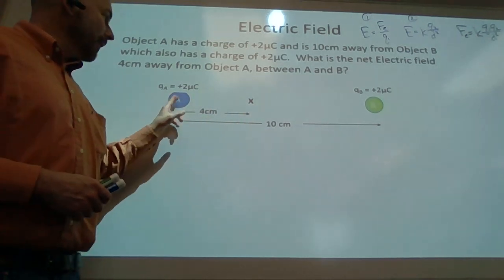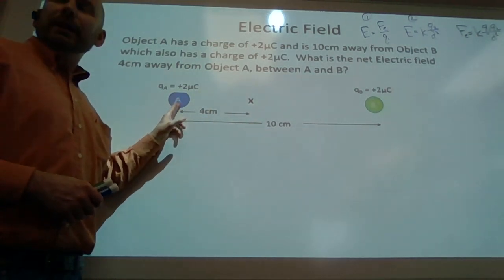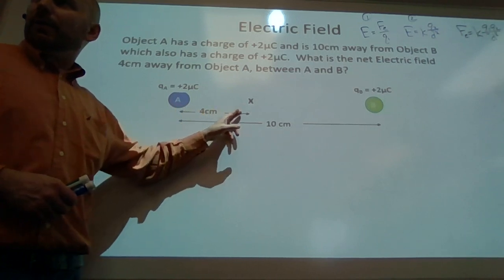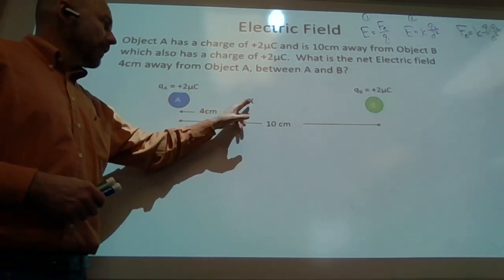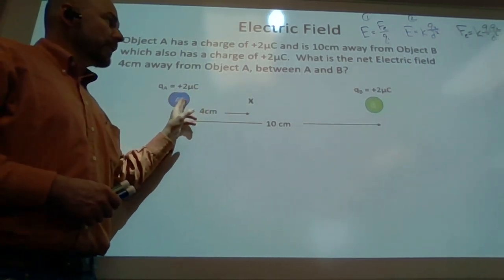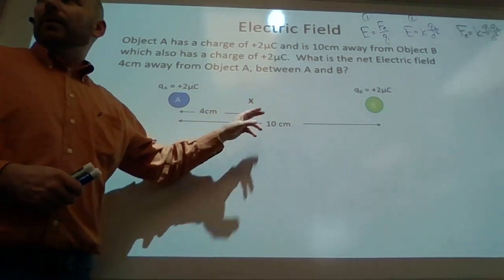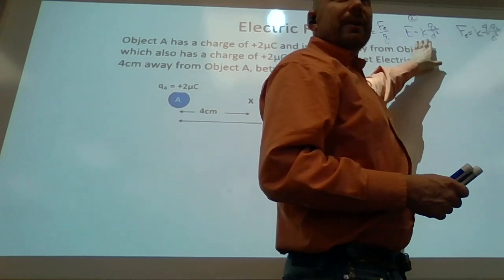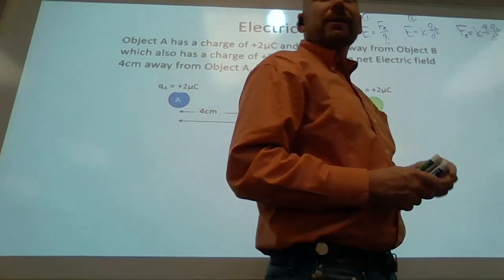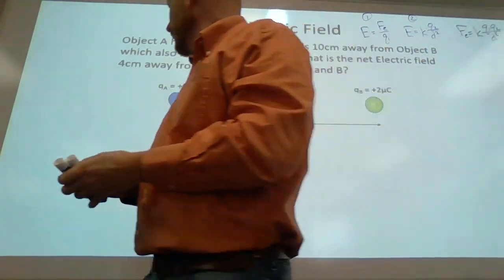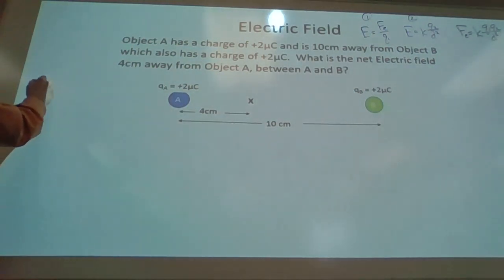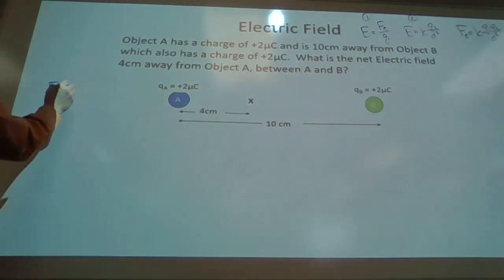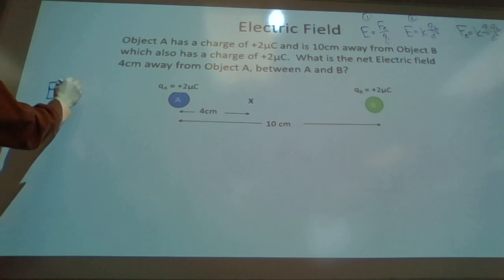Something is creating a field here. What's creating a field is A and B. So what I'm going to use is equation 2. So that's the charge creating it a certain distance away. Okay. So the electric field from A,